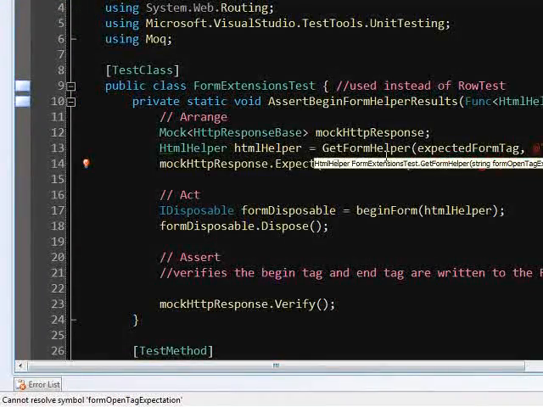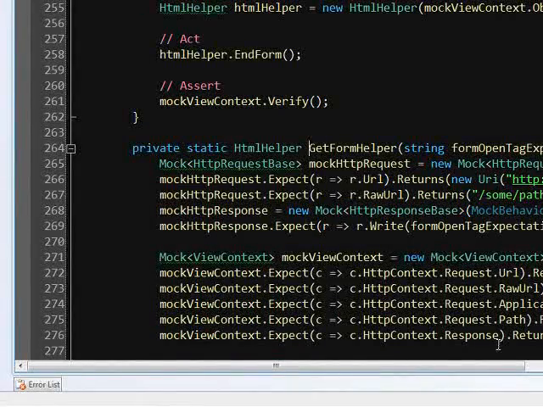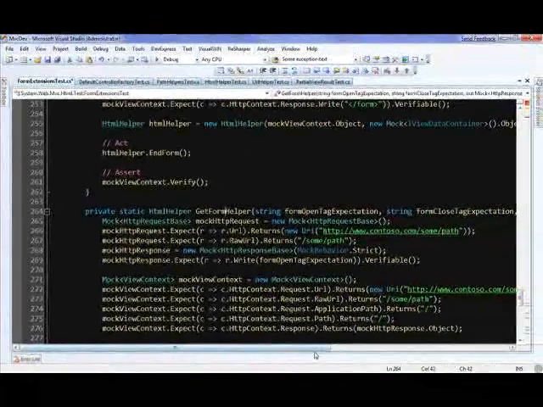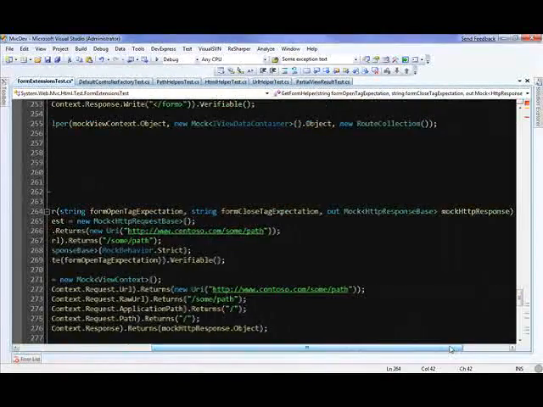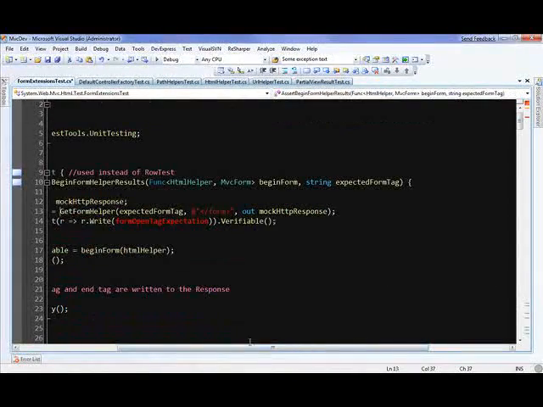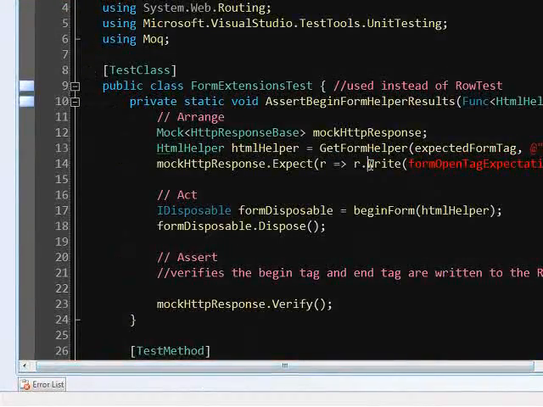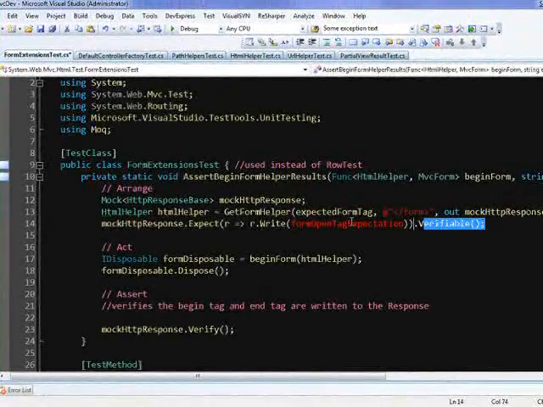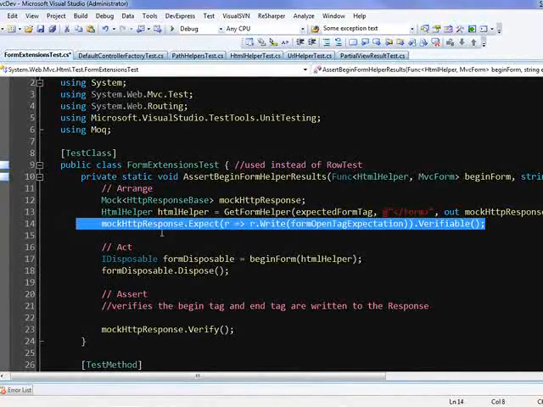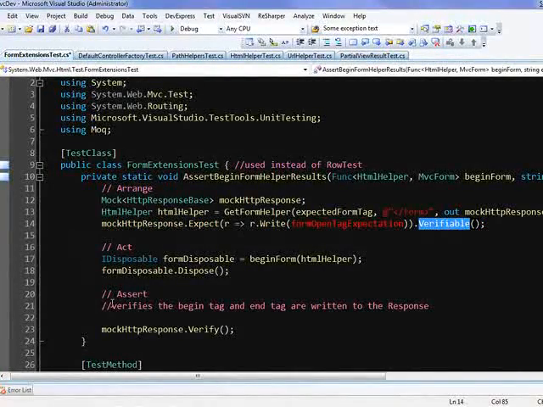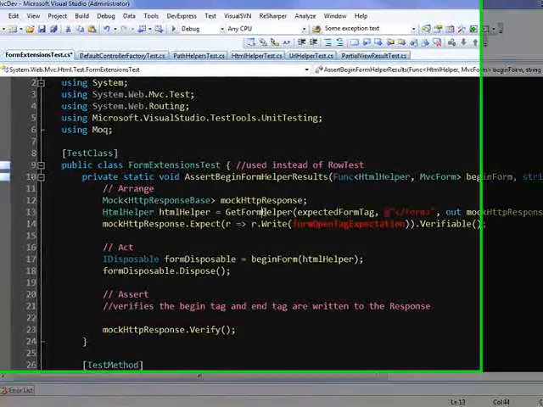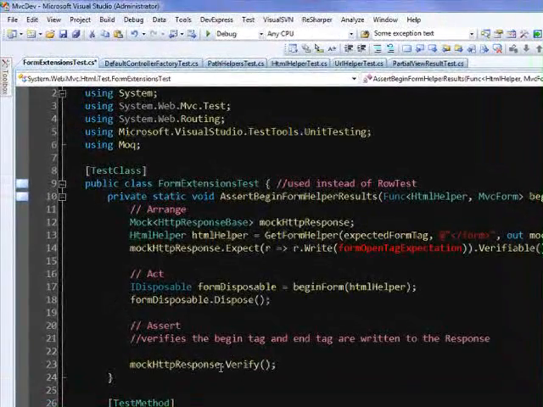The string form close here is actually being sent. So I would actually use the verifiable stuff here, where the verify happens, and that would make my tests much easier to understand. So I would know what happens when I verify by doing the expectations here,